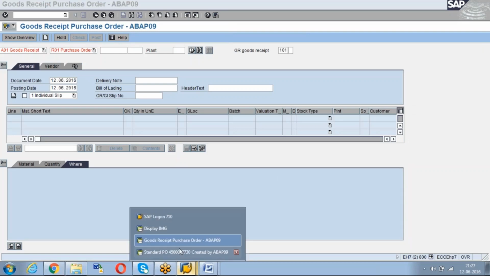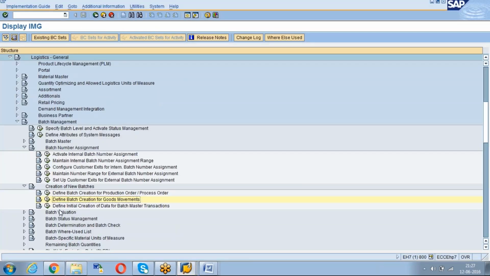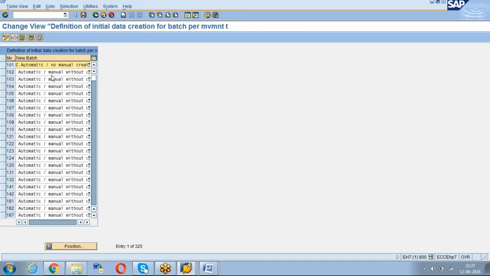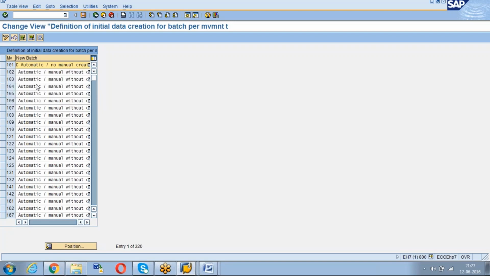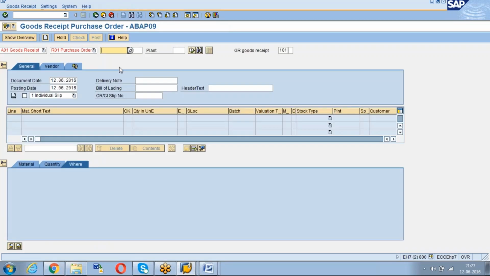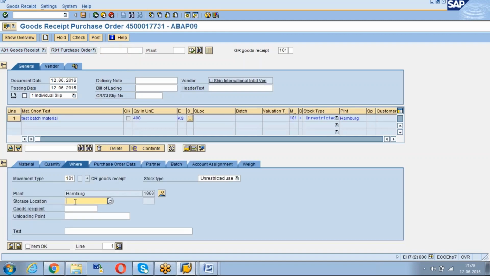Now as per the configuration, what we have seen here, the defined batch creation for goods movement, I kept for 101 an option of C, automatic creation, no manual creation. Now I'm taking one PO and giving the storage location, item.